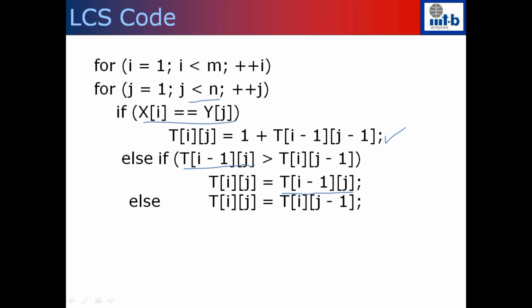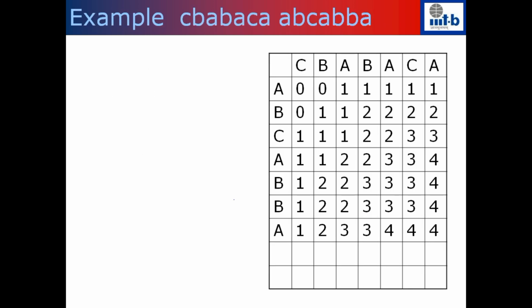So basically among these two values we want to set t of i comma j to be the bigger value. We will compare these two quantities. If the first quantity is greater than the second quantity, then t of i comma j is set as the first quantity, or else the second one will be bigger. In that case t of i comma j will be set as t of i comma j minus 1. So the complexity of this algorithm is order n into m, and we also need a table of size order n into m. So this algorithm has a complexity of order n into m, which is both time and space.